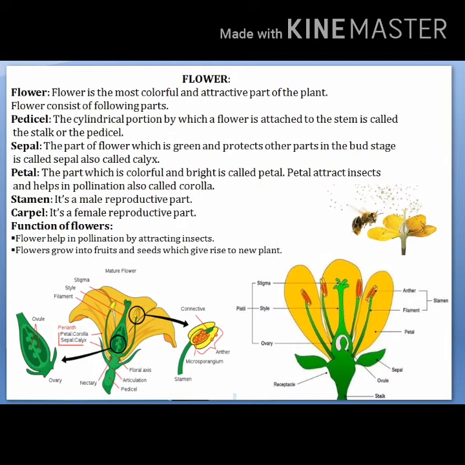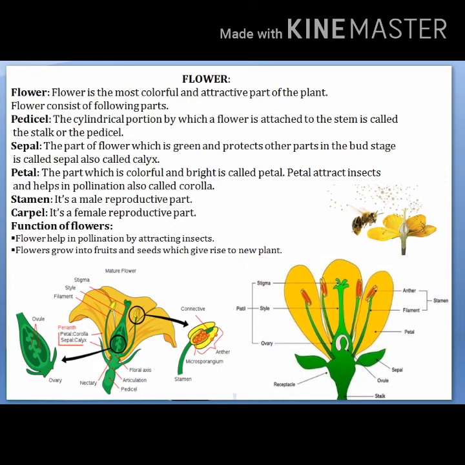Next is stamen. As we know, stamen is the male part of the flower. The parts of the stamen are anther and filament. Anther is the part where pollen grains are produced. Pollen helps in fertilization. Pollen is the male gamete, and the male part is also called androecium. Friends, as I am explaining all these parts from the figures, look carefully and try to understand the function of each part. The next part of the stamen is the filament. The stalk-like structure that connects with the anther is called the filament.